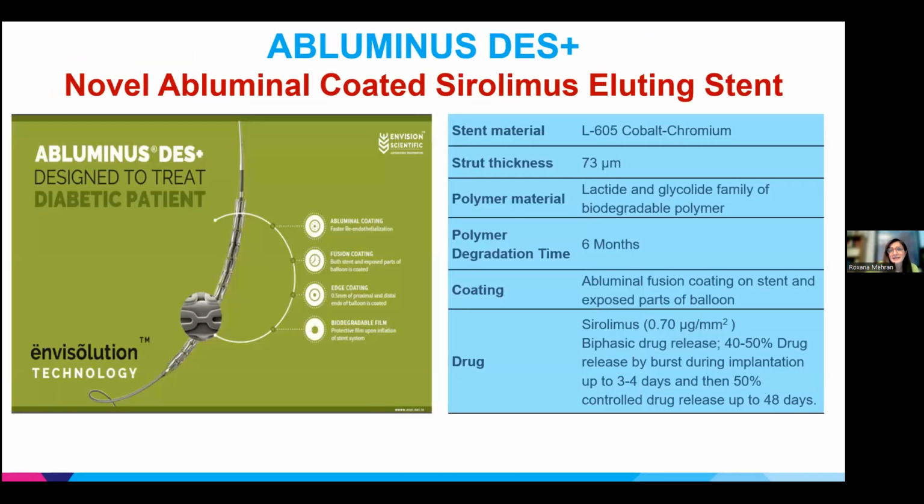There's also another stent technology that is worth a mention, and that's the Abluminus DES. This is a novel abluminal-coated sirolimus-eluting stent, 73 microns, with a biodegradable polymer and coating that's on the abluminal surface of the stent, and also on parts of the exposed balloon. The novelty here is the fact that the drug and the polymer are applied after the crimping over the balloon, so you're getting this homogeneous